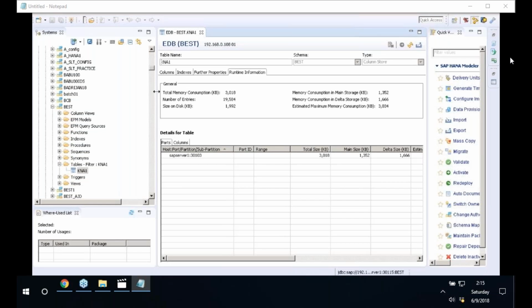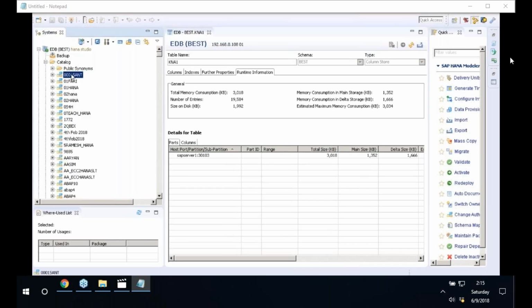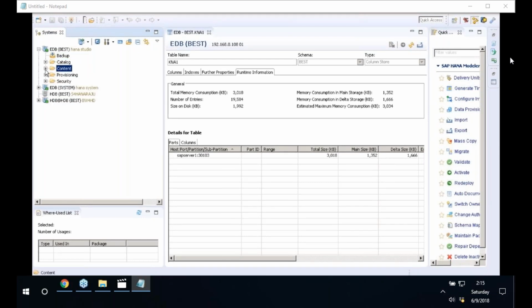Now, what I'm trying to show here is a catalog is a collection of schema. A schema is a collection of database objects like tables. Let us close the catalog, expand the content. Once we expand the content, now here you can see,